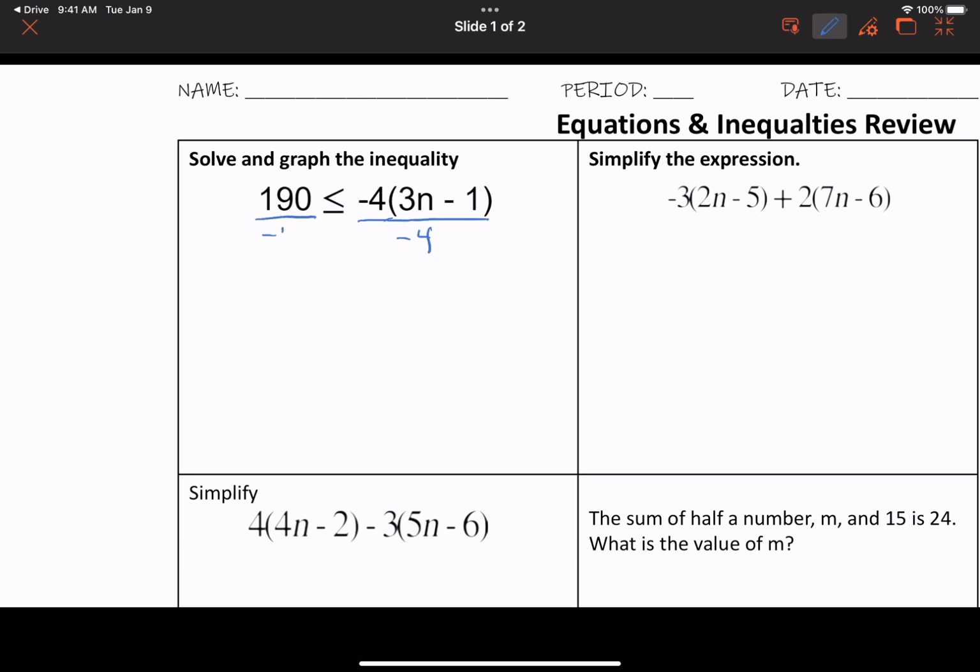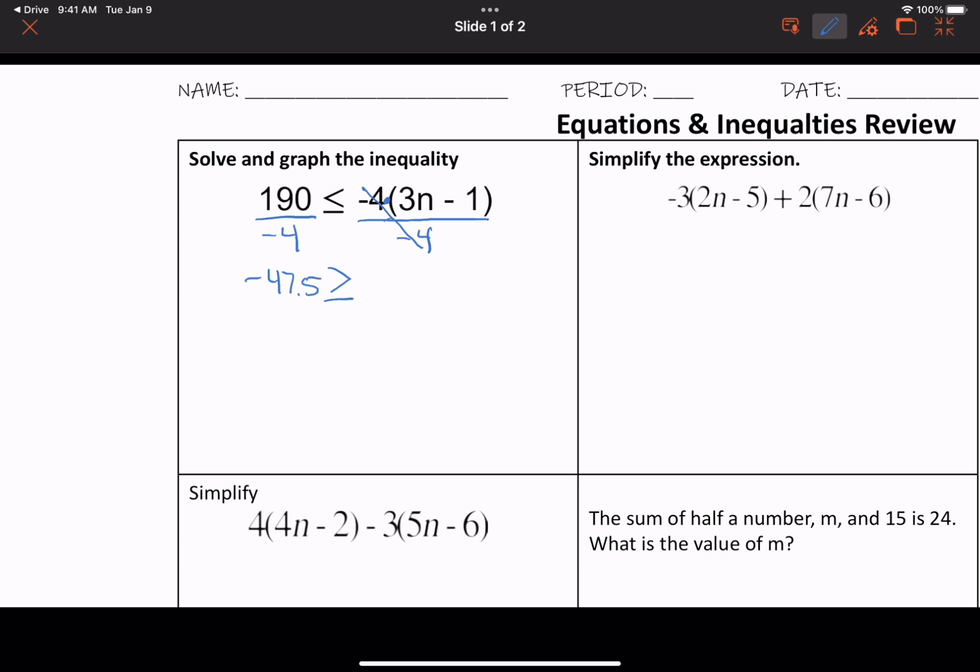And it is really important to remember what happens if we divide both sides of an inequality by a negative number. Now remember, we are dividing because this is multiplication. I noticed a lot of my students are adding 4 to both sides to get rid of it, and that is not the case in what we want to do here. This is a -4 times a group, so we need to break up the multiplication with division. These -4s will cross out. That important thing when we divide both sides by a negative is that the inequality sign does flip around, and then we need to do 190 divided by -4, and you are free to use a calculator. So just in your calculator, type that 190 divided by -4. And that comes out to a